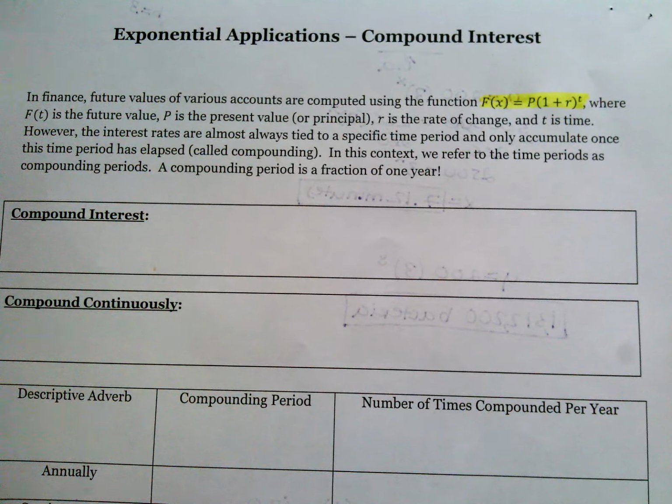However, the interest rates are almost always tied to a specific time period and only accumulate once that time period has elapsed, which is called compounding. So you could earn interest every month, weekly, semi-annually, annually, like that idea. In this context, we refer to the time periods as compounding periods. A compound period is a fraction of 1 year. So our formula for compound interest is